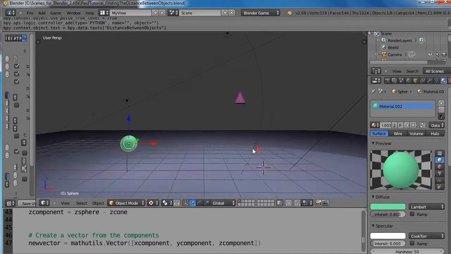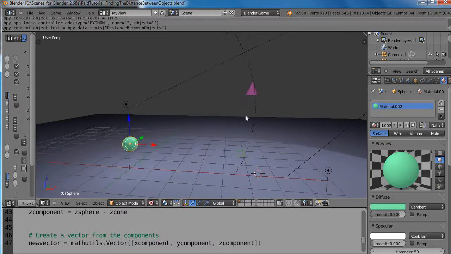Okay, in this tutorial we're going to take a look back at the 3D vectors that we looked at in an earlier lesson, where we were taking the coordinates of one position and the coordinates of the other, and we were finding the components for the vector that would go between them. Alright, so we're going to do that in this lesson, except now I already have a cone and a sphere in the scene,